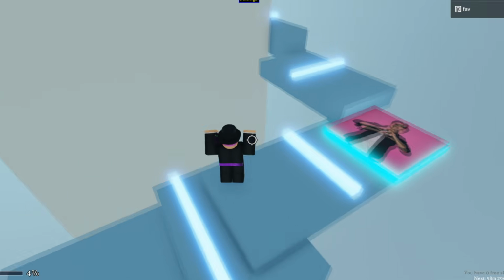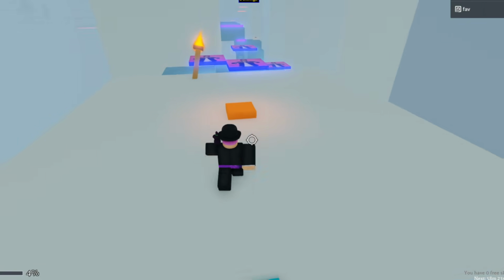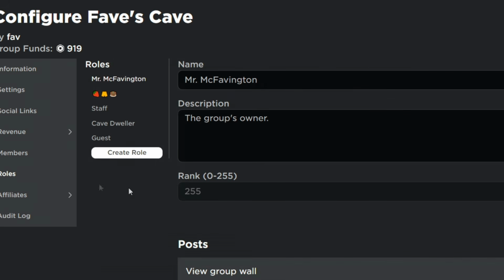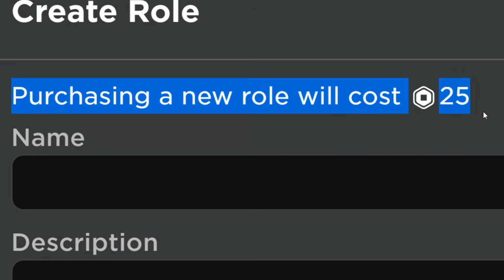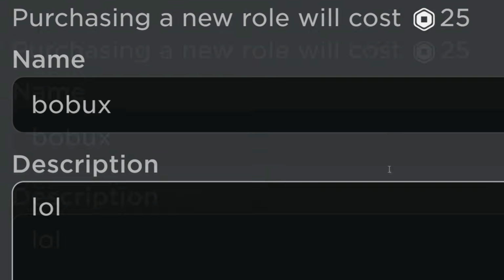Number 2. Alright, so, if you own a group, it costs 100 Robux to make a group. So you might be wondering, why am I talking about groups? Well, I'm talking about creating a group. In fact, I'm talking about creating a group rank. You go to roles here, you go to create role, and it literally says purchasing a new role will cost 25 Robux. But now that you have 40 Robux, you can do that now. And you can basically make the role whatever you want. I mean, like, Bobux, LOL, and then...